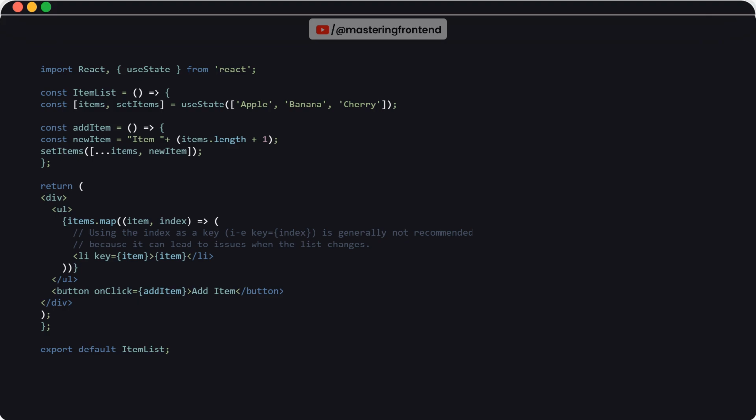Developers often use the index as the key in the list, that is key equals index, which is sometimes convenient. It's generally discouraged unless the list is static. If the list can change, items added, removed, or reordered, using indexes can lead to bugs and inefficient rendering. Whenever possible, use unique and stable identifiers, like identifiers from a database, as keys to ensure optimal performance and correct